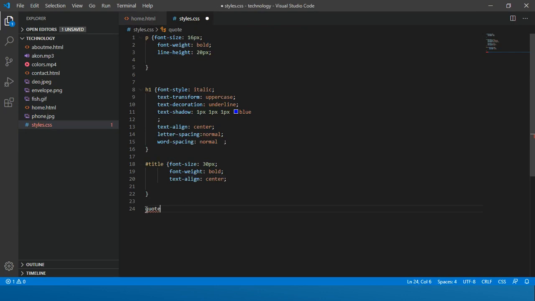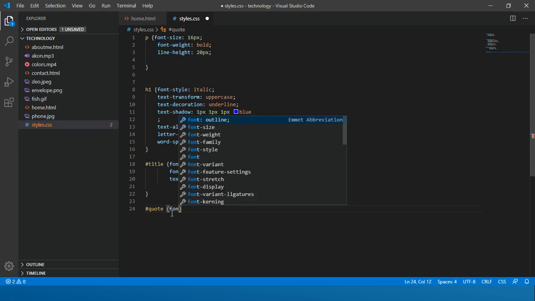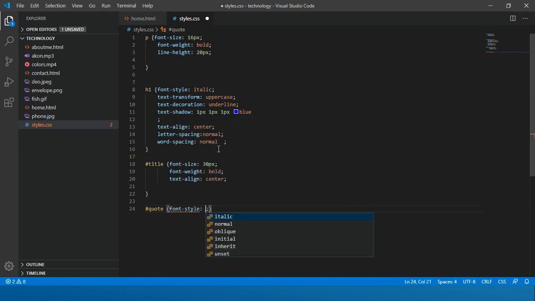Always start with the pound sign. Now for the quote, I'm going to start with the font style. I want to render it italic, so I'm going to use the font style italic,